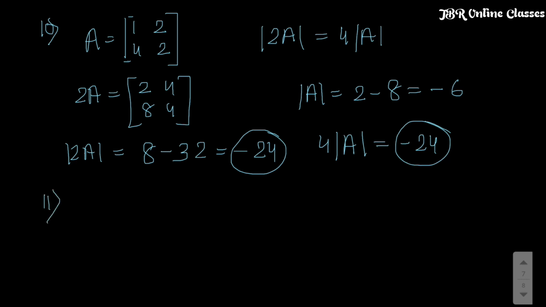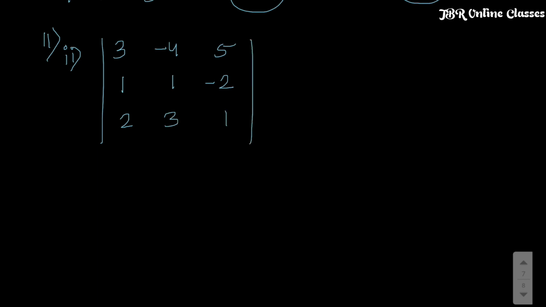Now next, sum number 11. In sum number 11, you have to evaluate the determinants. There are a total of 3 problems and all are similar kinds of problems. So here, 1 1 minus 2, and the last one will be 2 3 1. First you write down the upper element, which is 3. So first write down 3 and then cross multiply, that means 1 into 1, so 1, then minus 3 into 2, it's minus 6, so it will be plus 6.